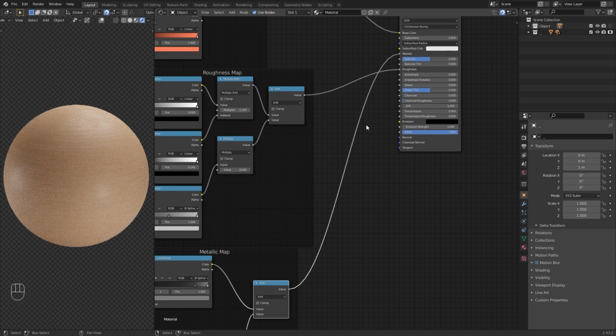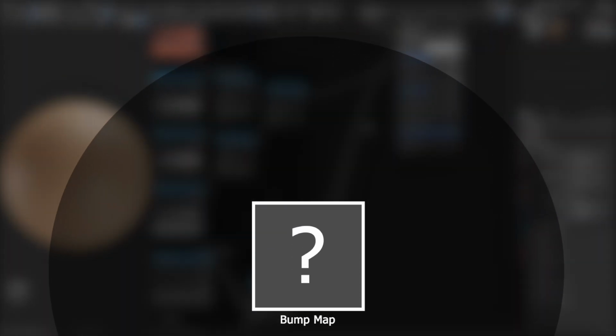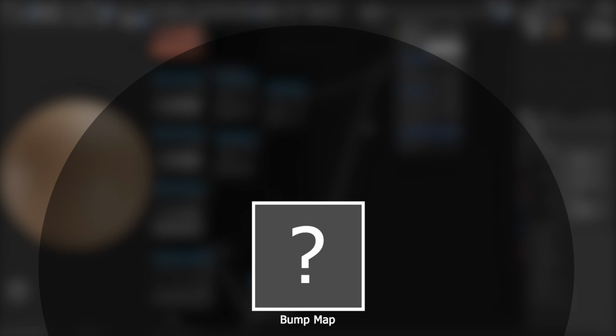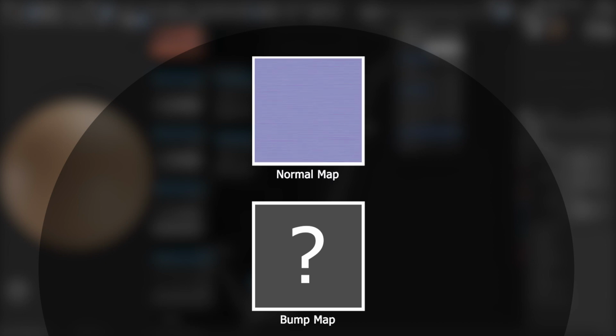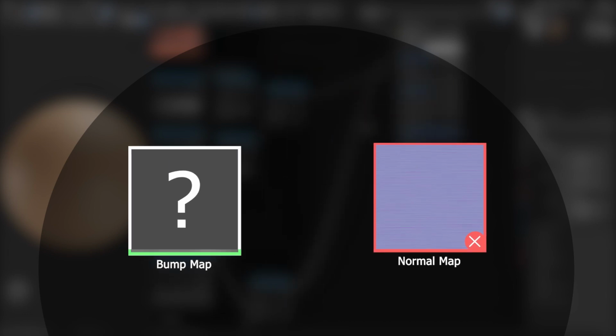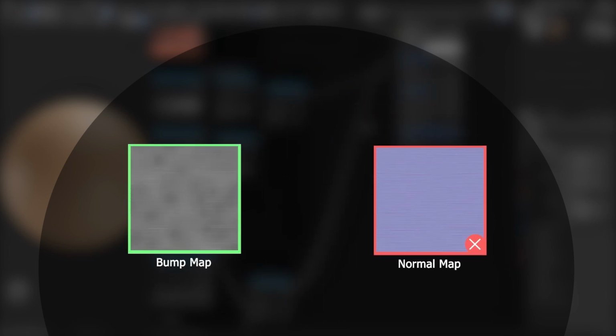Okay, now let's make the bump map for our procedural clay material. When creating procedural material, we cannot create a normal map directly here. But we can generate a bump map using these procedural textures, and then we can convert that map into a normal map output using a bump node.